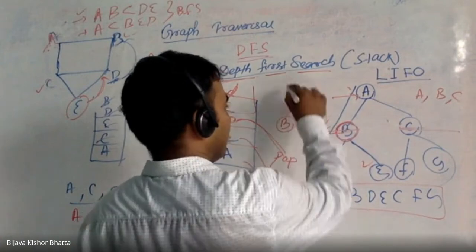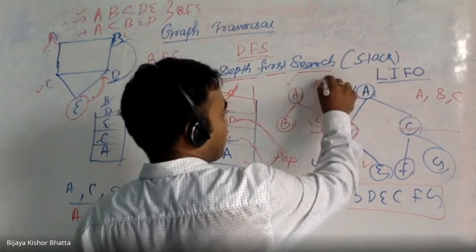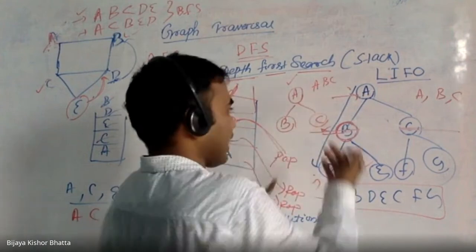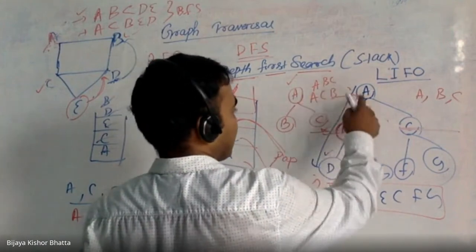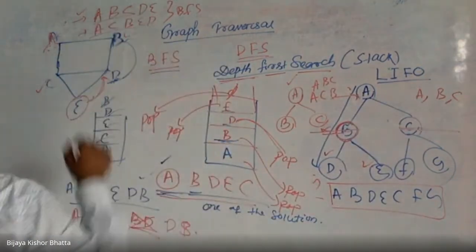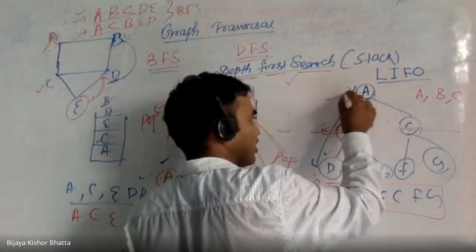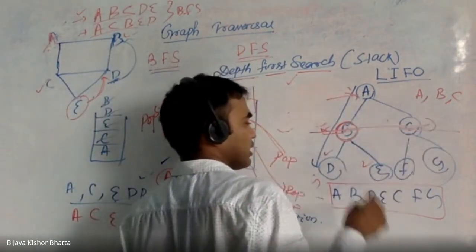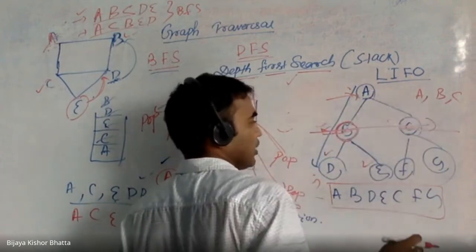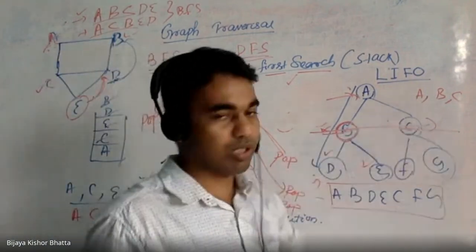A will be processed first. Then whoever is adjacent will be processed. The answer is A, B, C. Although there is no connection, C will come after B. Or you can write A, C, B. That is also fine. That's why I have written ABC or ACB, because they are all in the next level, not actually adjacent. So whoever is adjacent to A, we can say they are ready to process.